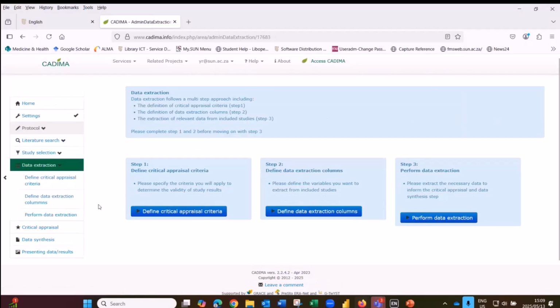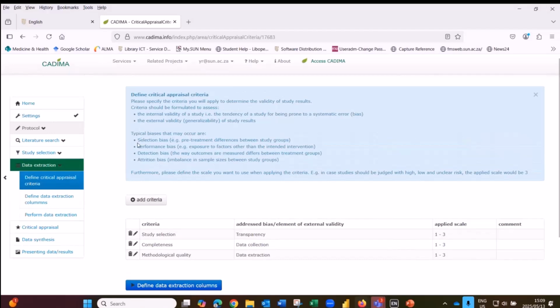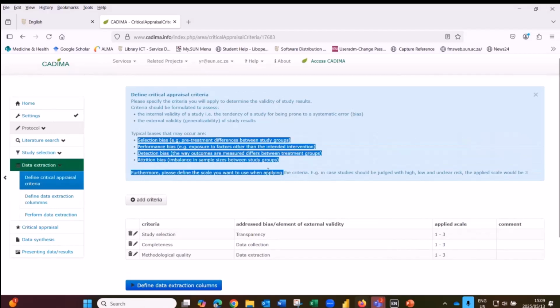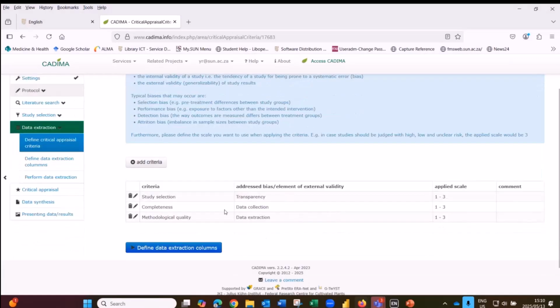extraction process. So what you're going to do is define the critical appraisal. Here, and this is for systematic reviews only, it's not for scoping reviews, you're going to look at the bias. So they give you instances of what biases to look at for the article. So for those articles that you've included, you're going to look at those biases there, and then you're going to actually